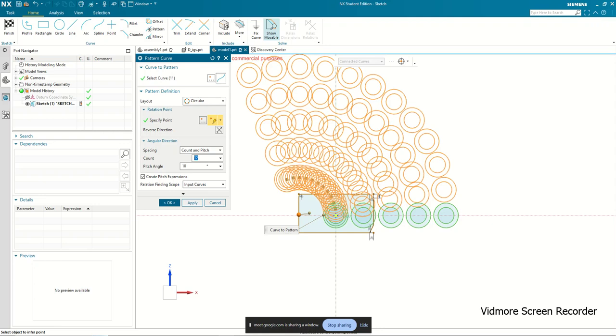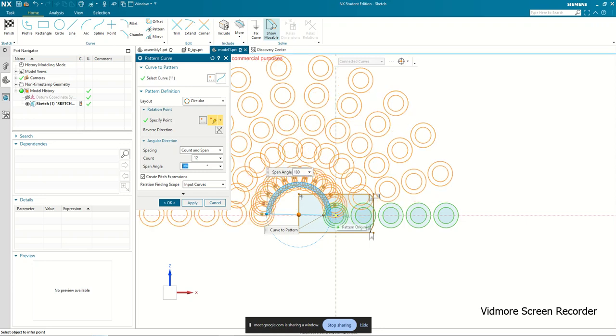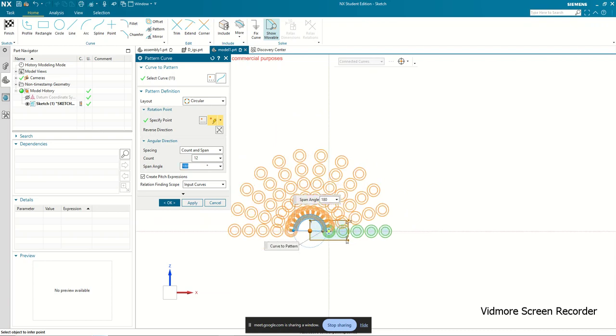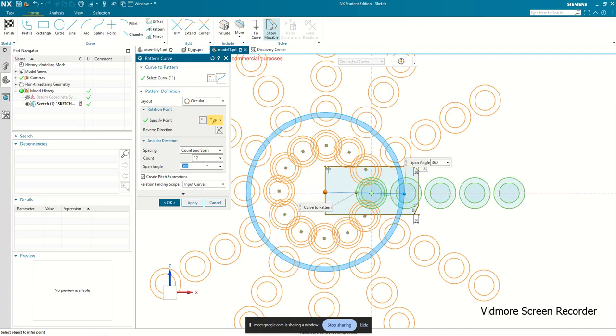Before that, we have some other options, count and pitch, count and span. We can increase this, or you can decrease this. We'll increase this. Count span angle, I'll make it 180 degrees. Now what happens? Whatever the count is will remain the same, but the angle is increasing. I'll make it 360. Now you can see here